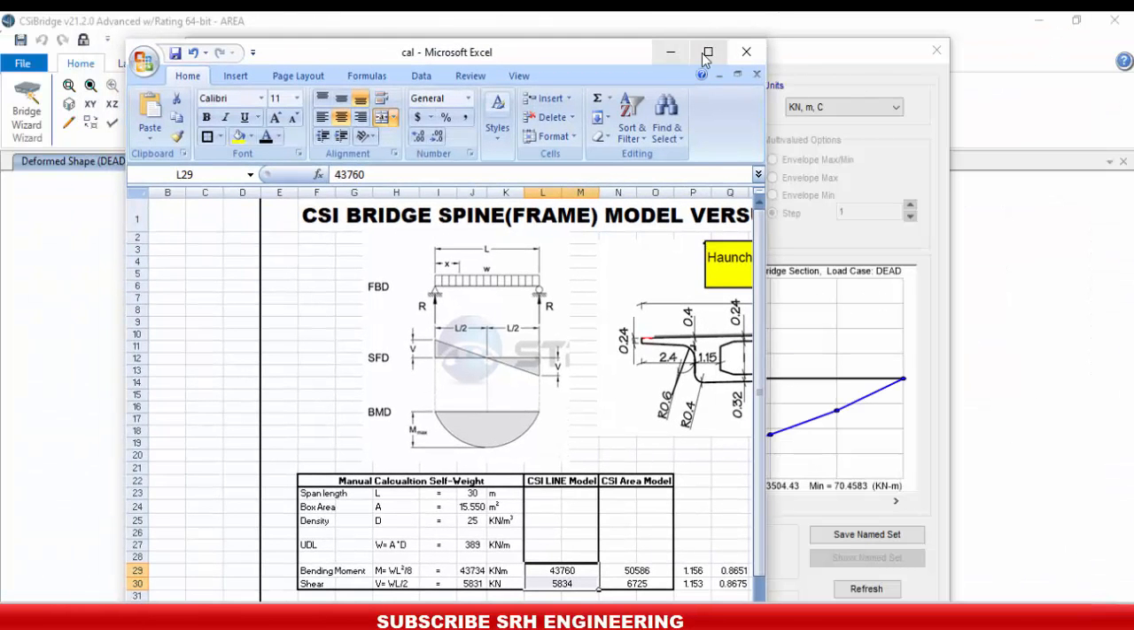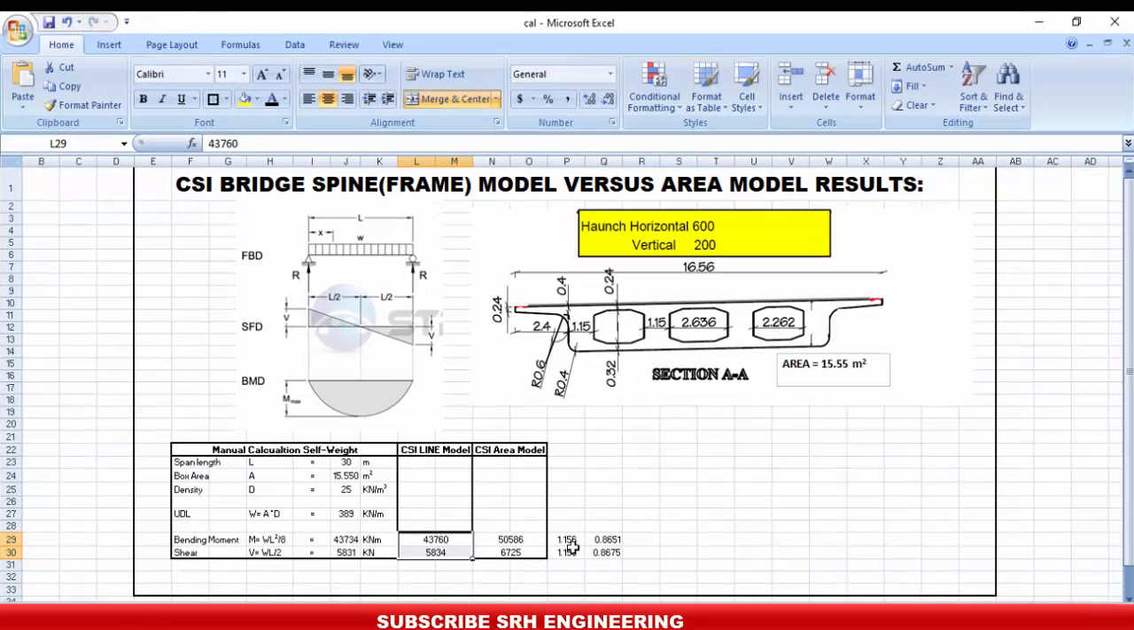So I hope I have defined the problem in CSI Bridge when you are using the spine model and the area model. If you learned something from this tutorial,